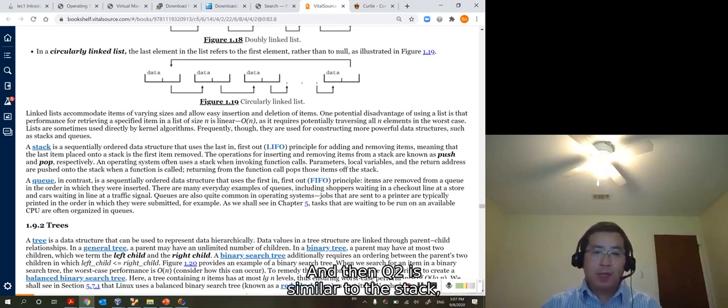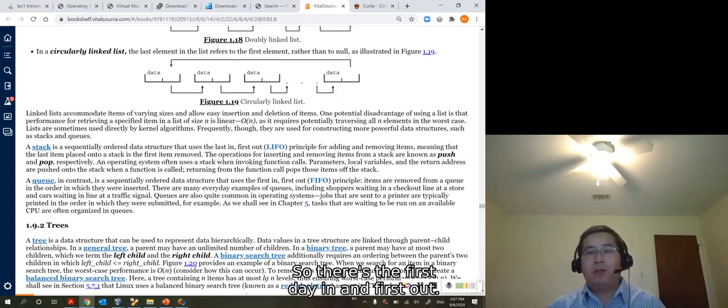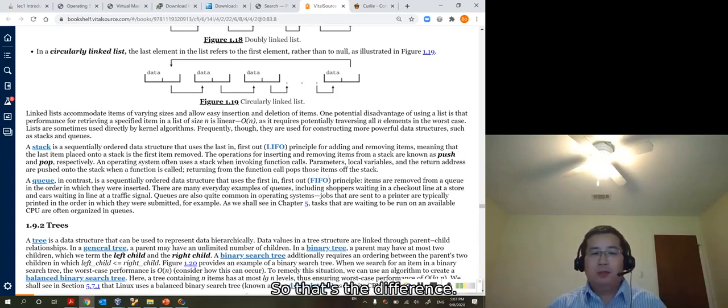And then queue is similar to the stack, but the mechanism is different. Queue, first come, first served. So it's first in, first out. That's the difference. Items are removed from a queue in the order in which they were inserted. That's important.